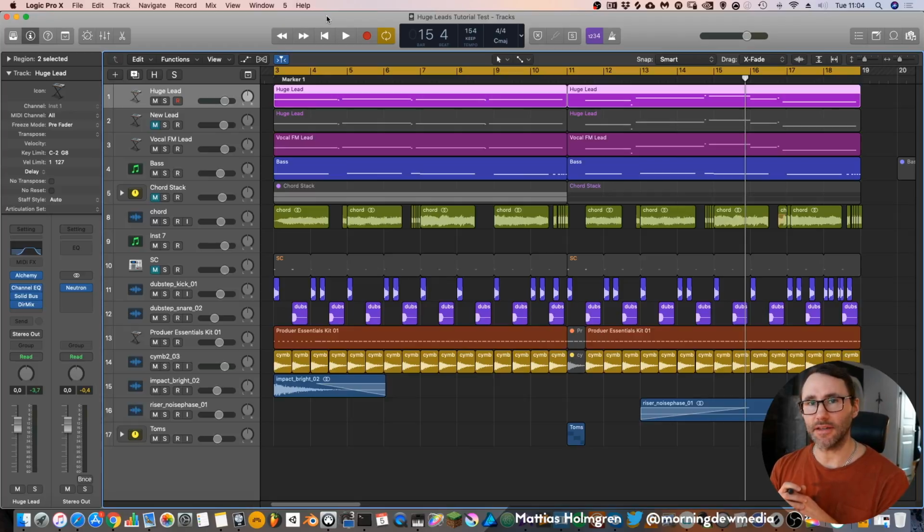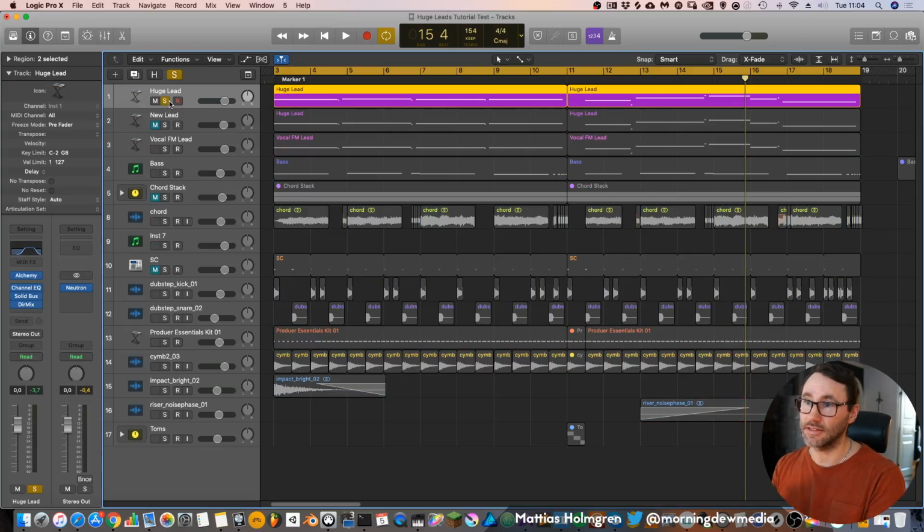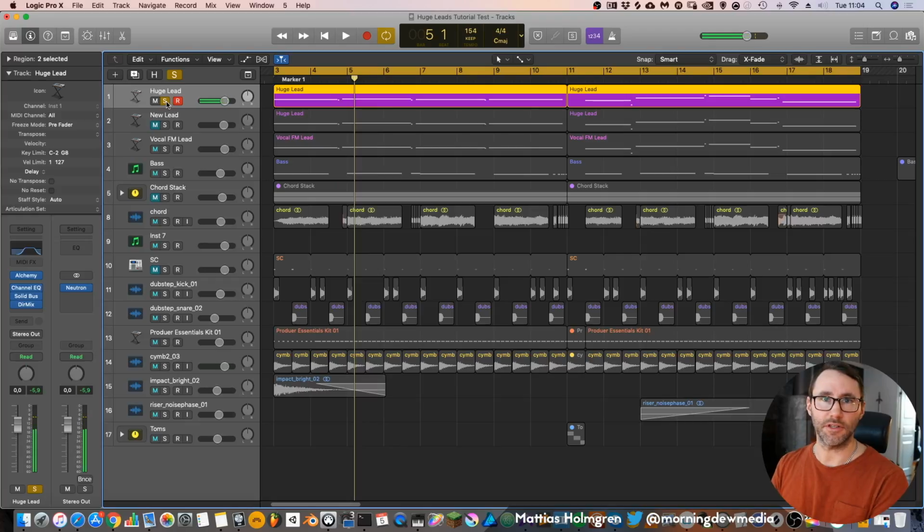Yeah, and the key to a big sound is that you layer your synth leads with a lot of different variations of your lead. So in this case I have this huge lead preset, which is a saw and a square, which is heavily distorted.